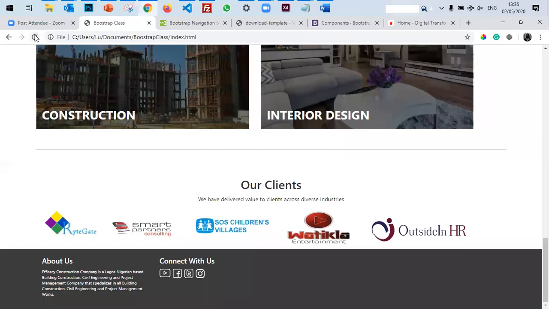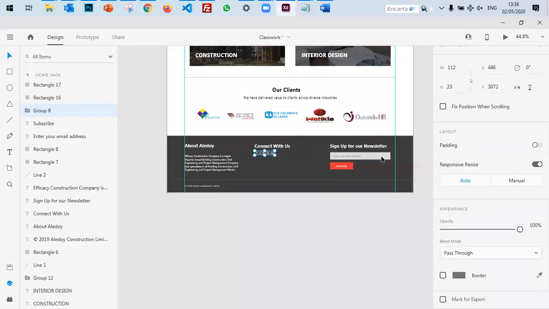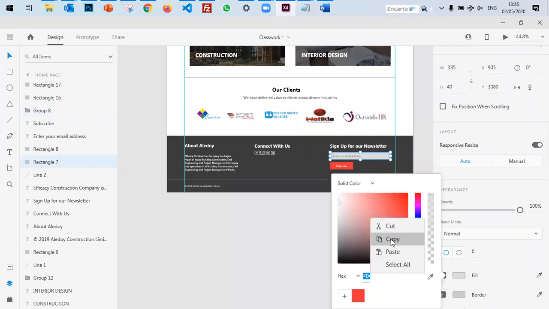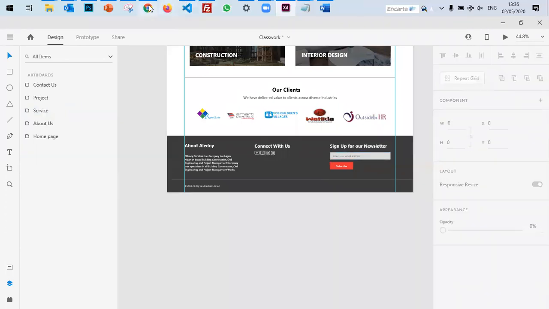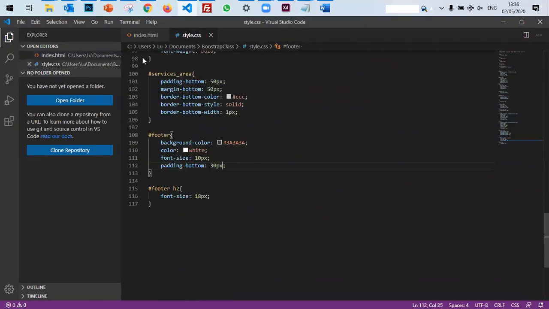So if I refresh, I get this. You can see now the difference between our button here and what we have is that Bootstrap comes with a curved edge by force, and our own text box has a gray fill, which is this color. I want to maintain that. Every other thing is fine. So I can go back to my